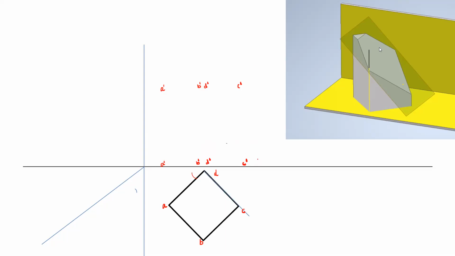Right now we are not considering the section plane. Just assume the complete solid and then draw the front view and top view. Here this angle is 45 degrees with the XY line. Now take the projection in the front view. Take the height, so the height is 65 mm or 60 mm. So this is the front view without the section.